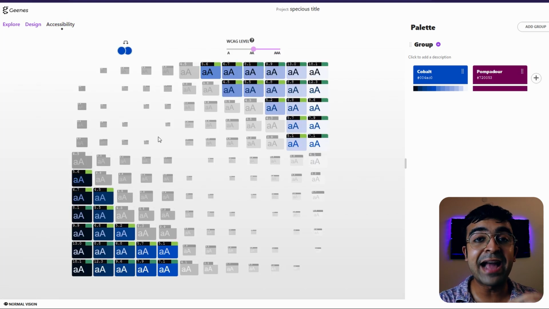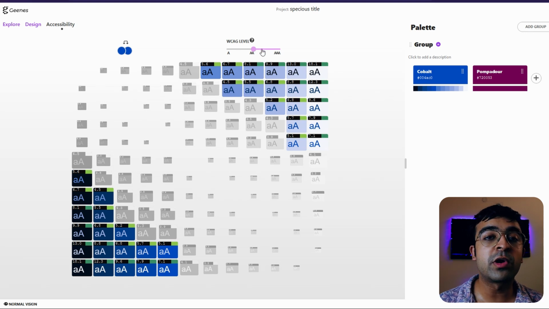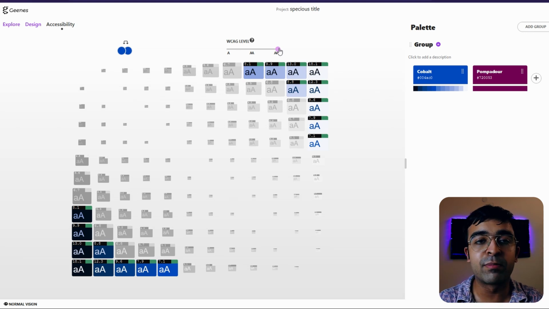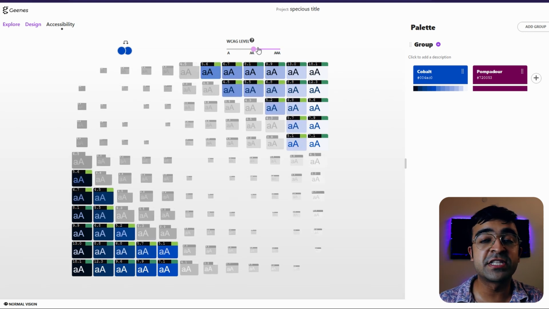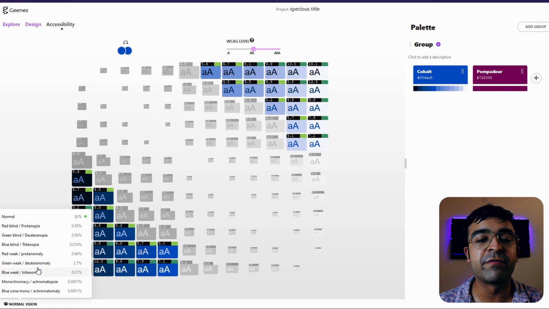There is a dedicated tab right here which allows you to see what other people can see. So according to this, all the colors apart from these colors that I can see here will be gray for someone who cannot see these colors properly. You can also adjust the levels. So if you want to increase the intensity of the color blindness, you can do that, and that reduces the number of colors. This helps you improve your designs by understanding how different people see different things.